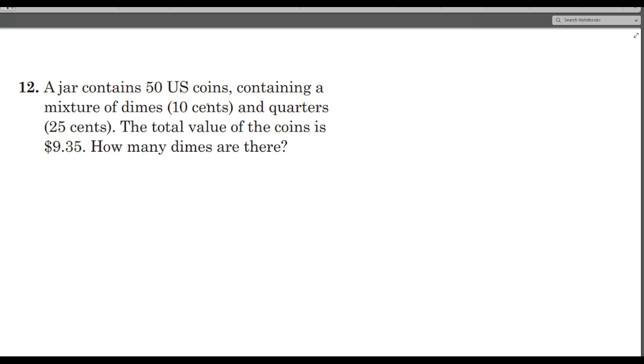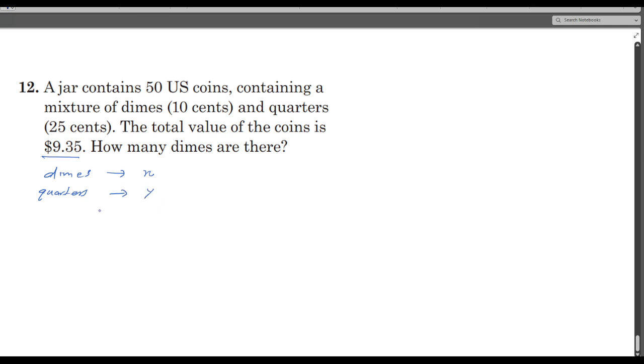We have to... it is also given that the total value of the coins is $9.35. How many dimes are there? So let us consider dimes are x in number and your quarters